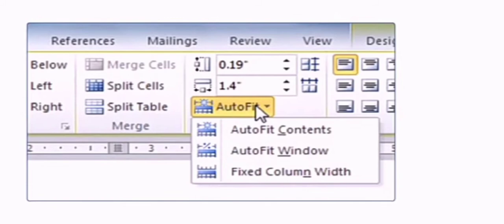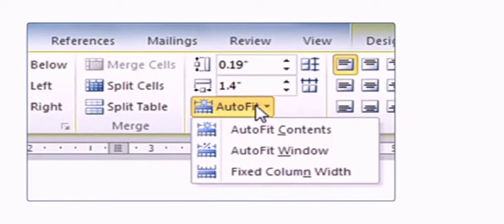Now students, how to resize a table. You can increase or decrease the size of the table manually by using the table resize handle. But Word also offers a ready-made solution to resize the table. Resizing of a table can be done by the AutoFit option that offers flexibility to automatically resize the column width based on the size of text in them.